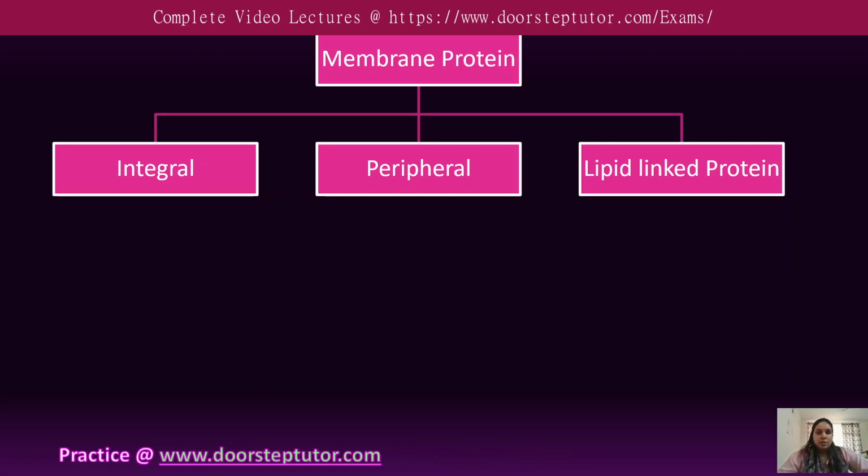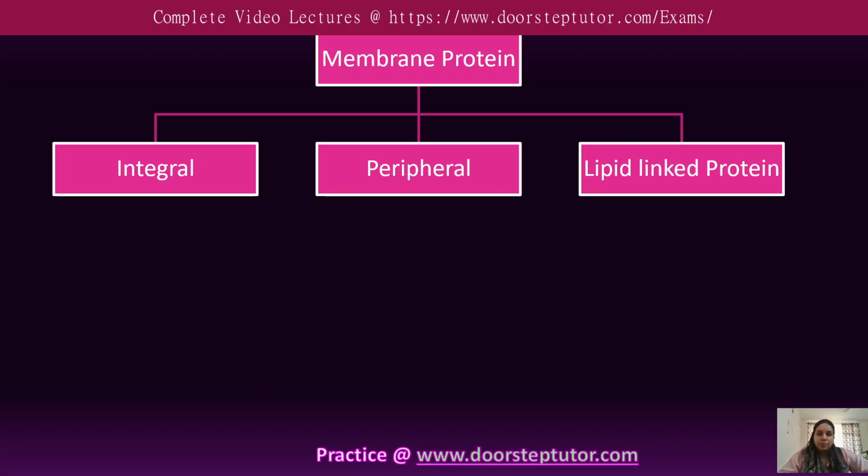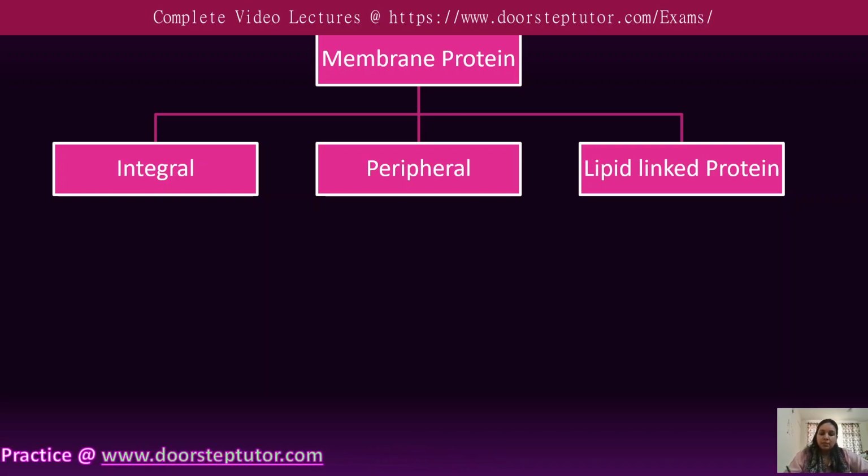So we have talked about the lipid, its structure, its asymmetrical motion, and its fluidity. Lipid is basically responsible for the structural component of the plasma membrane, while membrane protein, or the protein which is usually present in the plasma membrane,